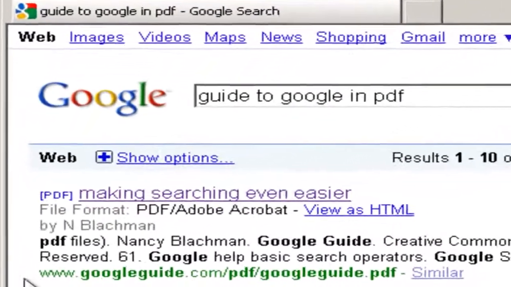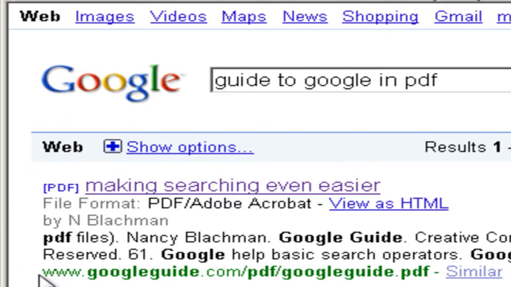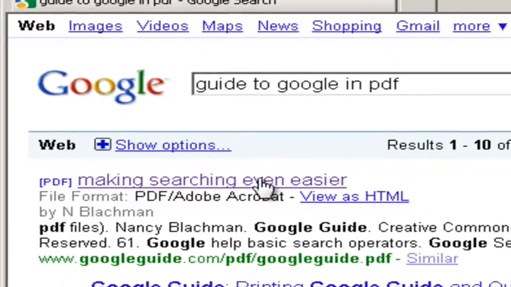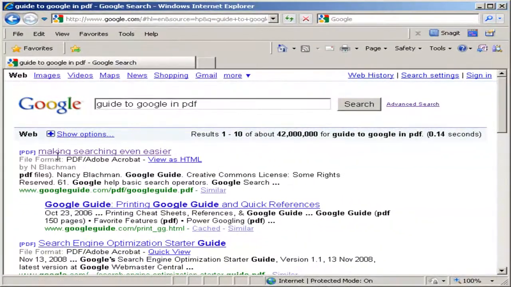As you can see, the first thing that Google came up with is googleguide.com PDF Google Guide. There it is. That's what I was looking for. Let's see if we can read it. So I'm going to click on the search result,